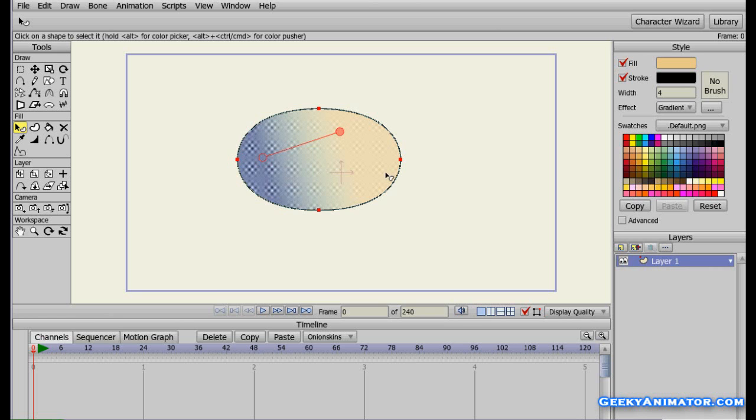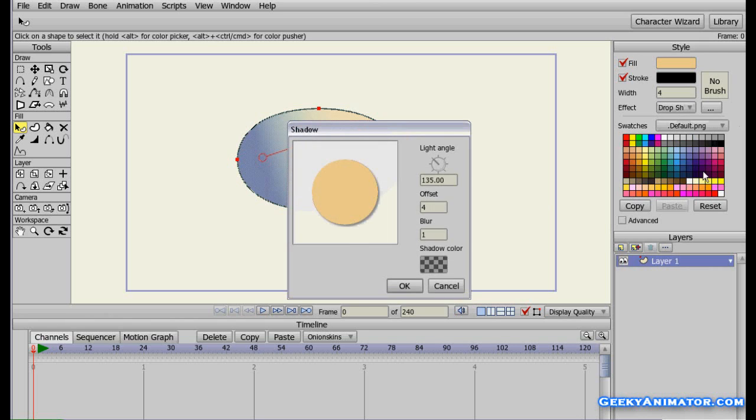So what I'm going to do, I'm going to select the shape right now, and I'm going to change the gradient. Let me see what else we have. So we have a drop shadow. I'm going to go back to the awake texture just a moment. Let me see what drop shadow is. Drop shadow,